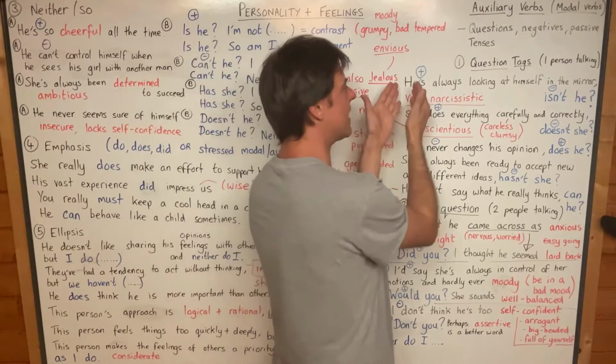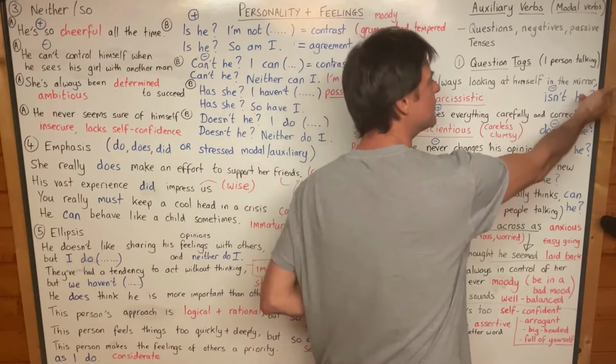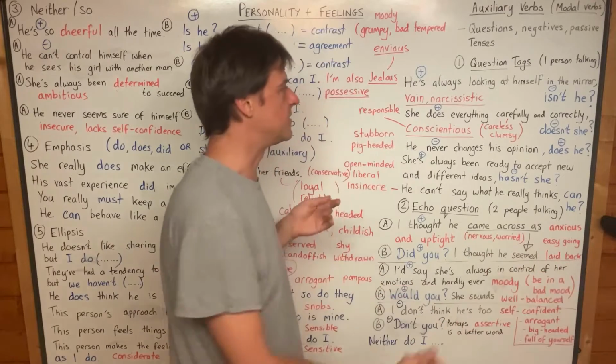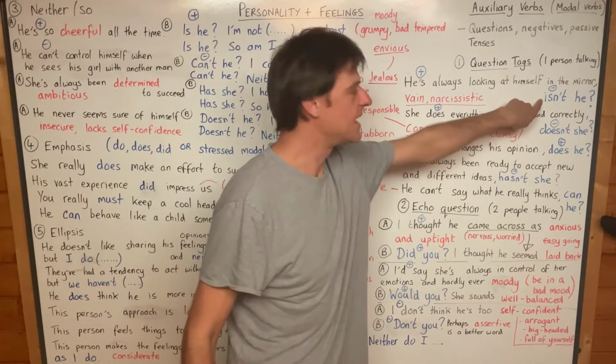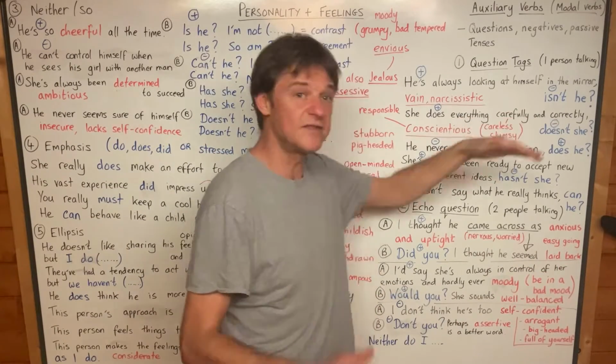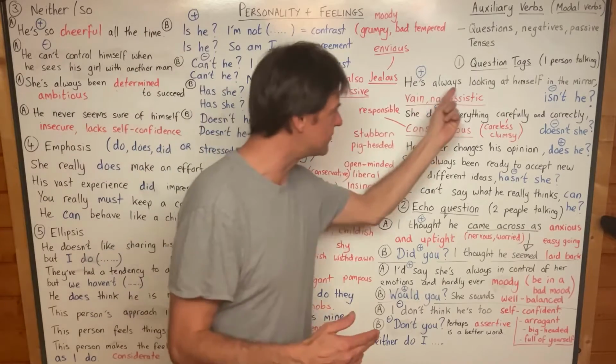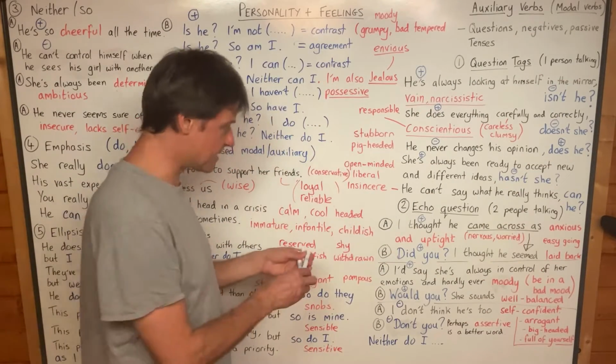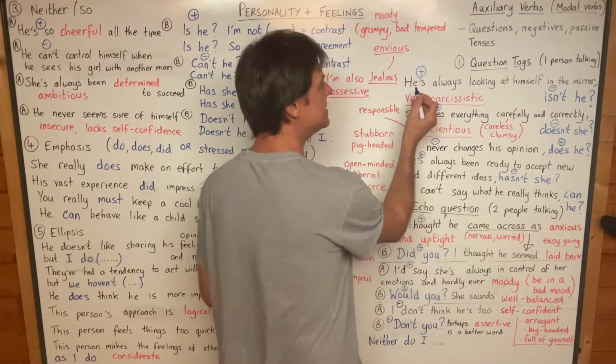You give a sentence like, he is always looking at himself in the mirror. And then to check that the other person agrees with you, you say, isn't he? Yeah, isn't he? And it means, isn't that true? Isn't it true that he is always looking at himself in the mirror? And I want you to notice that when you make a question tag, you need to use the same